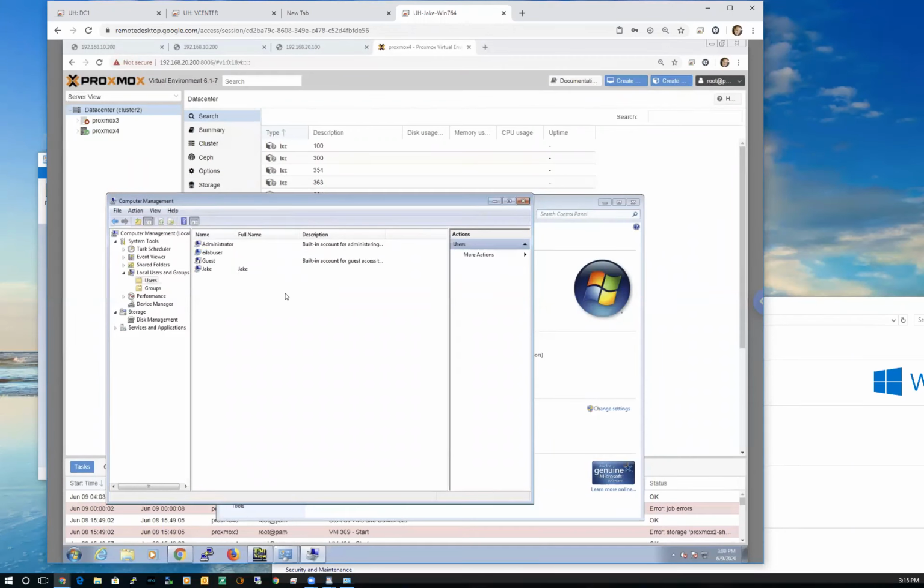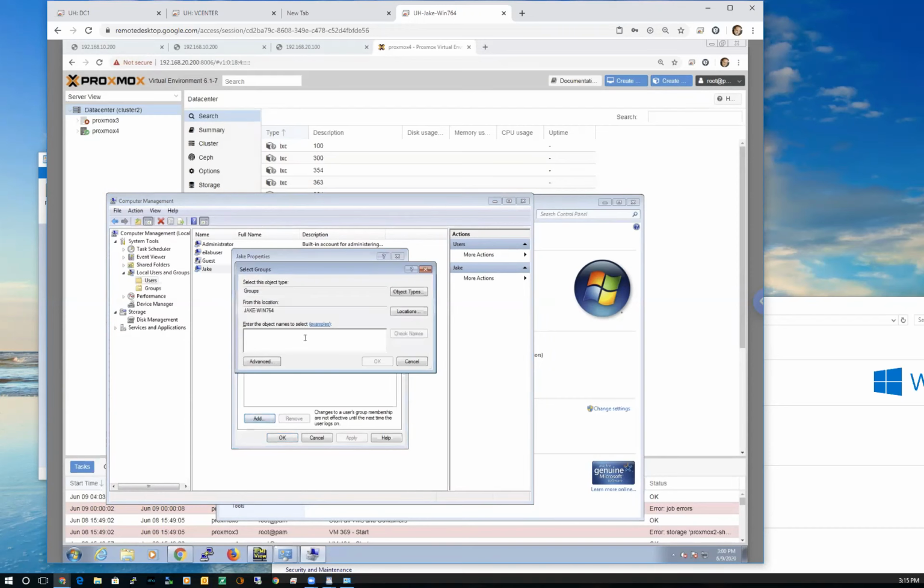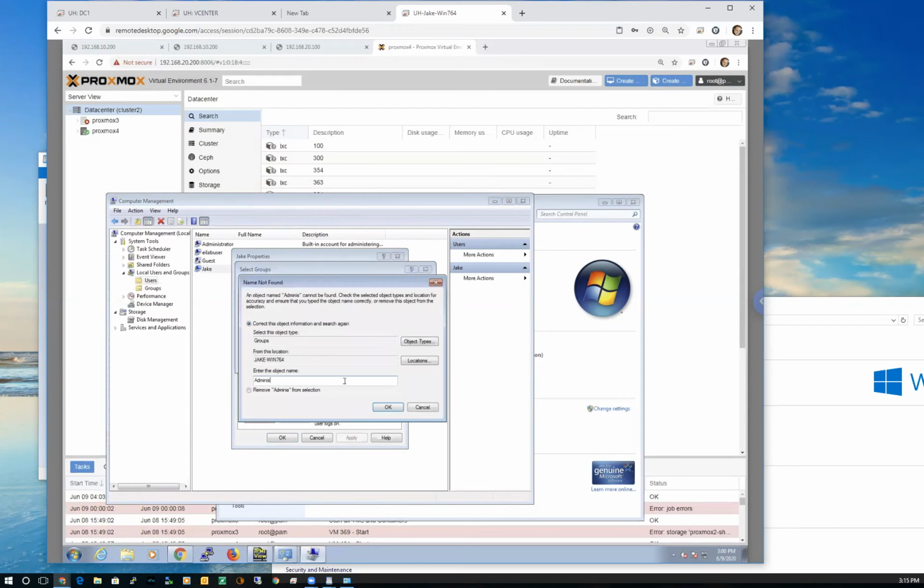And the only reason I recommend you do this is because this will save you if you ever have domain joining issues. I'm going to right-click it and go back to properties. I'm going to say he's a member of a group called administrators. You don't have to type in all of it in the newer versions.